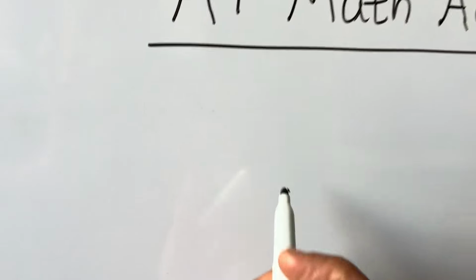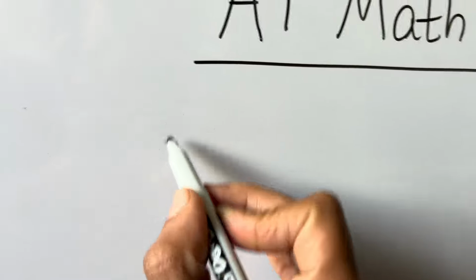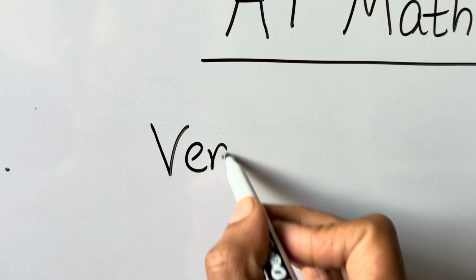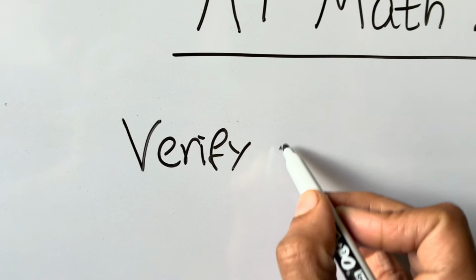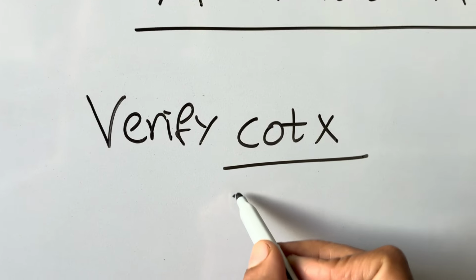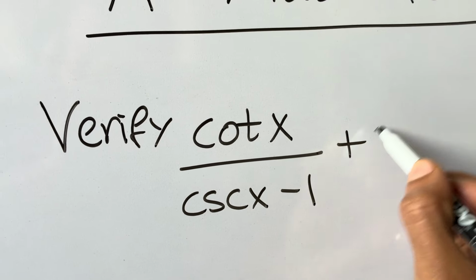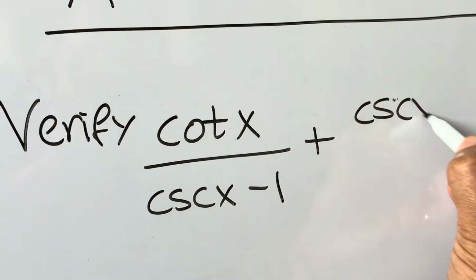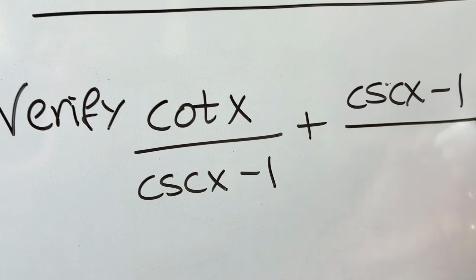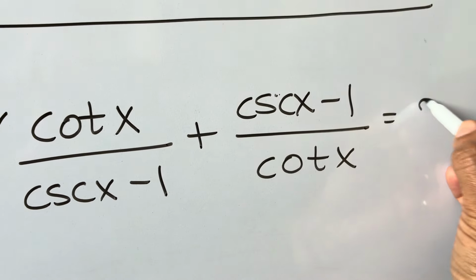So today we are going to solve one of the trigonometric problems. We are going to simplify it. So let's write down the problem. Verify: cot x over cosecant x minus 1 plus cosecant x minus 1 over cot x is equal to 2 times